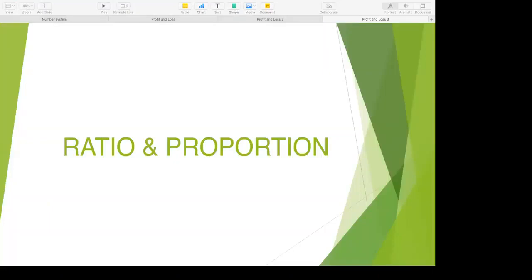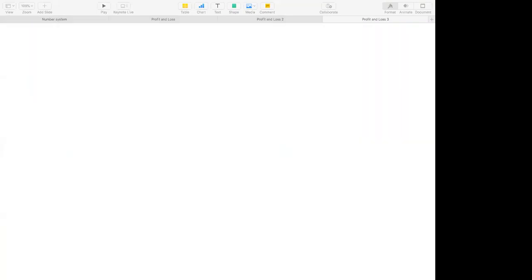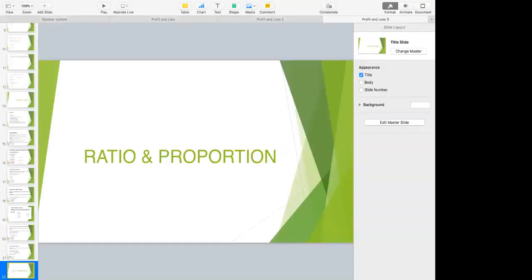Ratio and proportion. So guys, we are done with 1 hour of our session. We are left with 1 hour, and now I need to complete ratio, proportion, as well as time and work. Now, when it comes to ratio and proportion, this is very much similar to percentage, right? We can convert any percentage to a ratio, and we can also do the reverse. We can convert any ratio to a percentage, right?